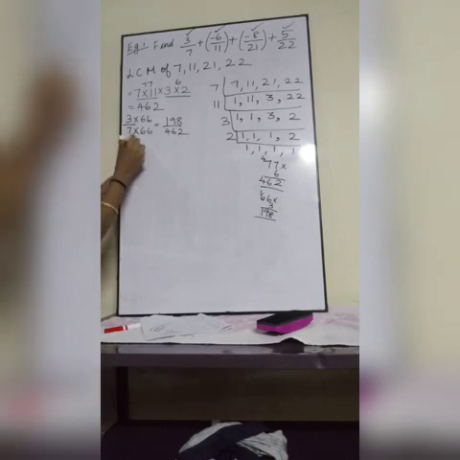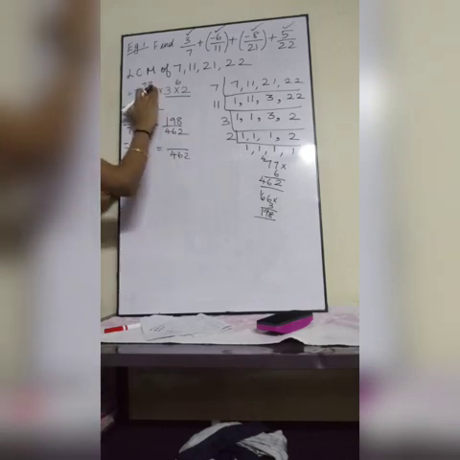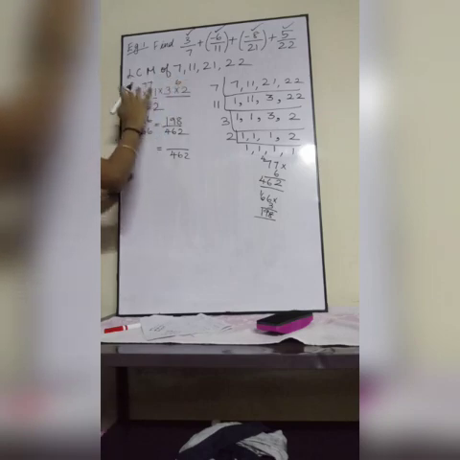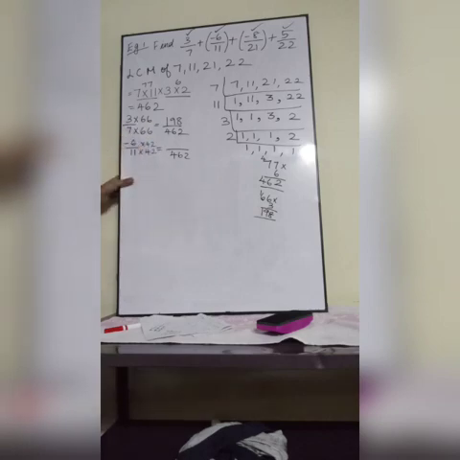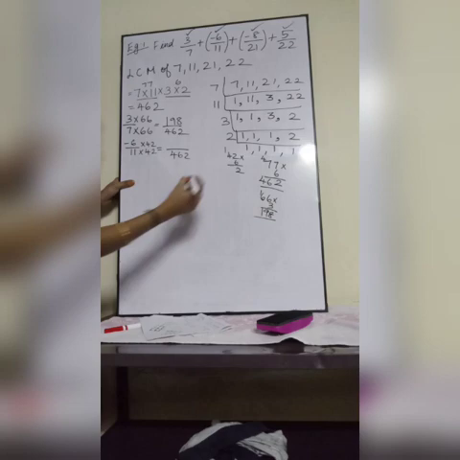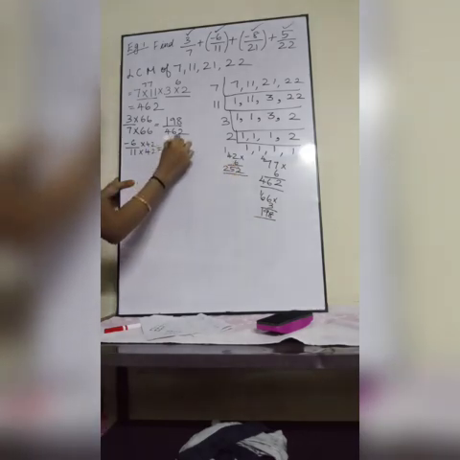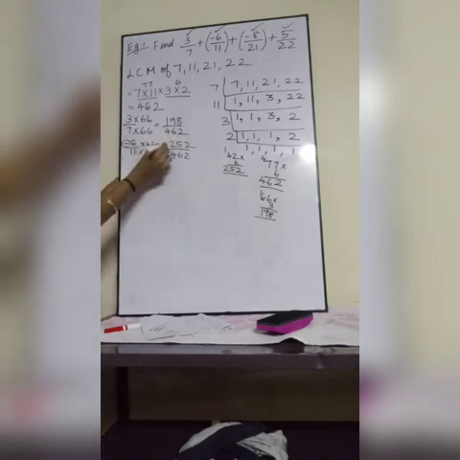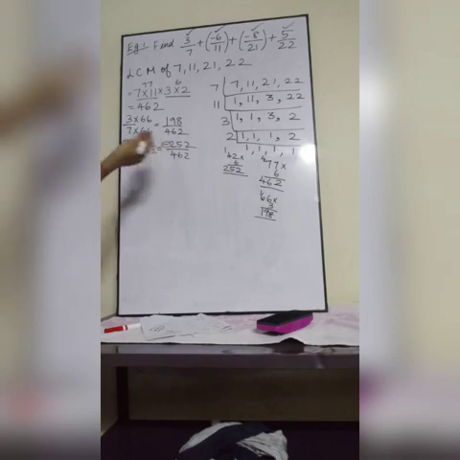Next, minus 6 by 11. You are going to change it to 462. So 11 you keep as such, and check the other. 7 sixes are 42. So here also you are going to do 42, right? Now 42 into 6. 6 twos are 12, 1. 6 fours are 24, 25. Did you get it? So minus 252. Why? Because your minus is there, so I am going to write the minus here. Minus into plus, so that minus will come.